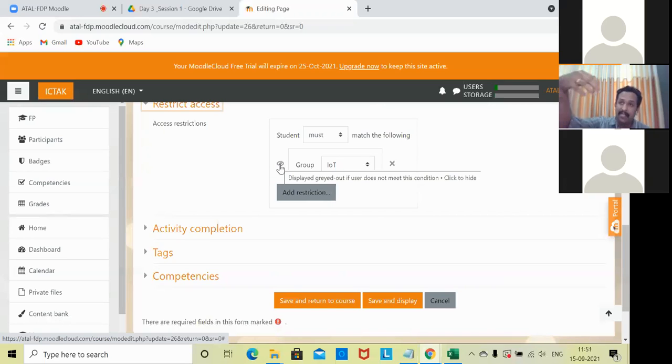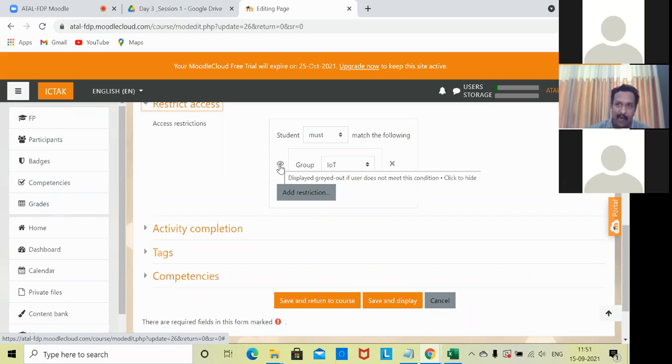The link will be displayed for all users, but a restriction will be there. If they belong to a particular assigned category, then only they will be able to access the content. But they will get an idea that if they were in the IoT group, they could have accessed that. Some other link is there.